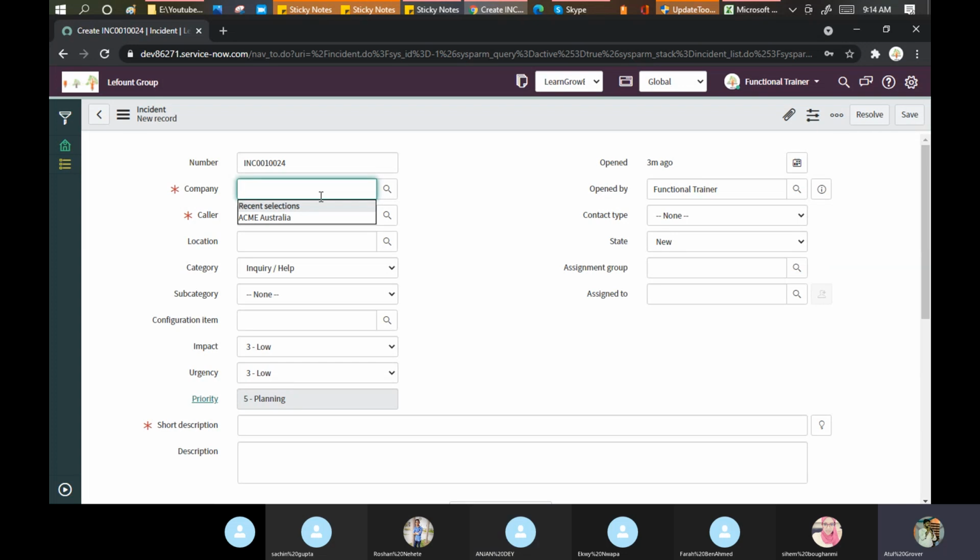Farah, what do you think? I think because it picks up values from another table. Okay, Ikwi, what do you think? Why do we need the magnifying glass?